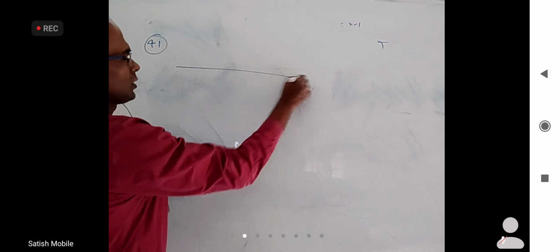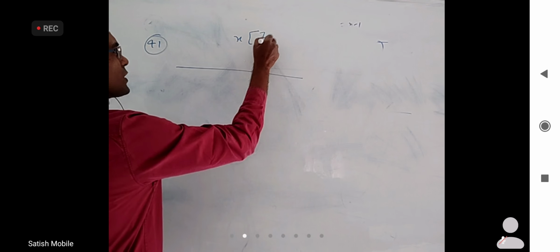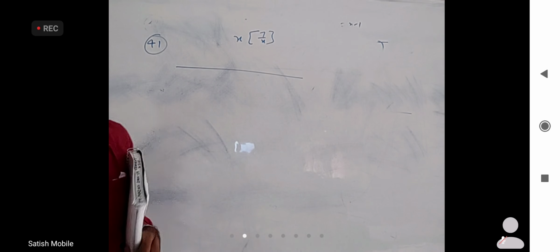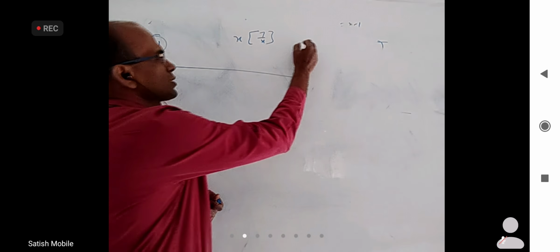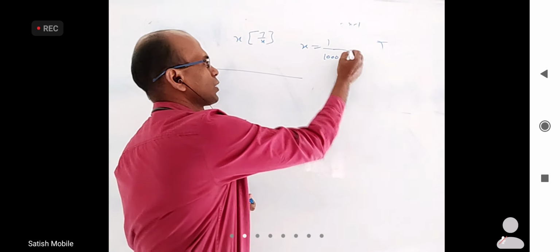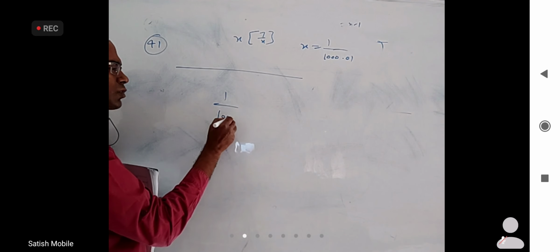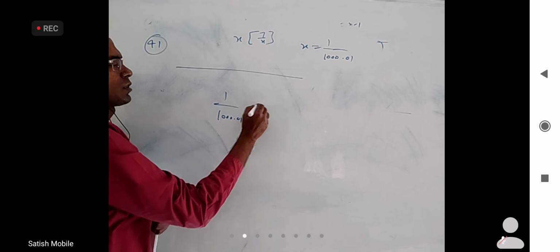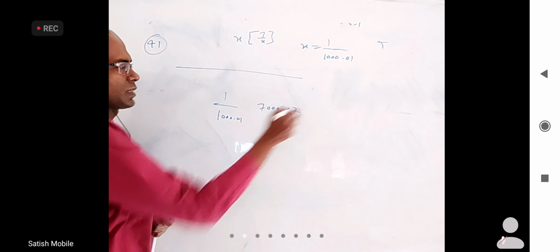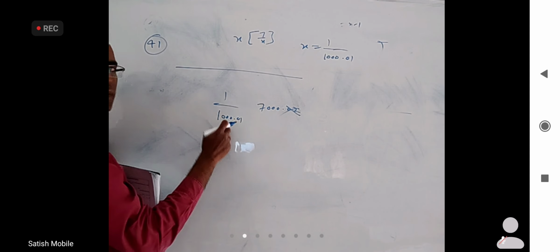Just today morning I explained this almost similar idea. Out of many terms in this, I will explain about x into integer part of 7 by x. How to understand that this limit is 7. You can somewhat understand. I gave an example in the class. If we take x is equal to 1 by 1000, for example, or even 1 by 1000.01, when you substitute it, it will be 7000.07. But when you take integer part, forget about this. This is almost 7 only because this is 7 times this.